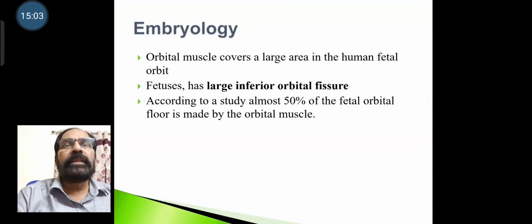Embryology. Orbital muscle covers a large area of human fetal orbits. Fetuses have a large inferior orbital fissure. According to a study, almost 50% of fetal orbital floor is made up of orbital muscle. So that is the nerve supply, embryology of